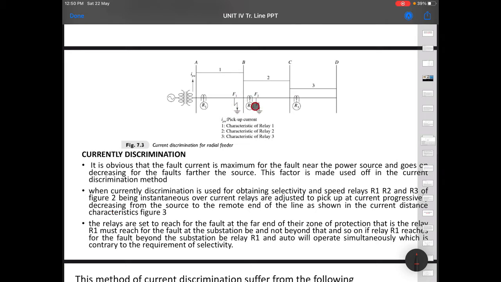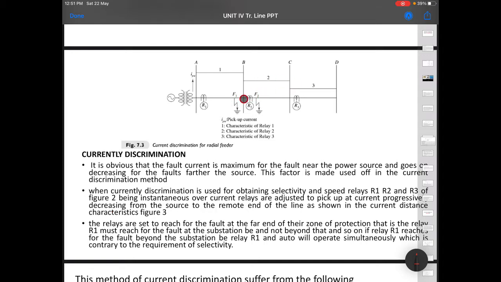If there is a fault at F1 and F2, F1 is almost near to R2 and F2 is also near to R2. The current here is, for example, 150 ampere. This is set for 150, this is 100 and this is 50.